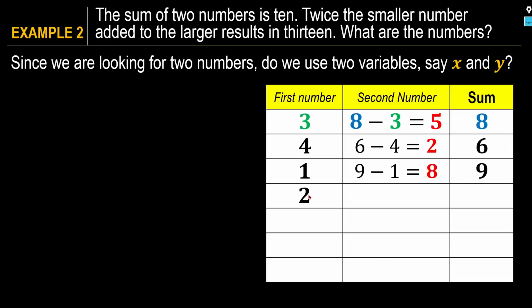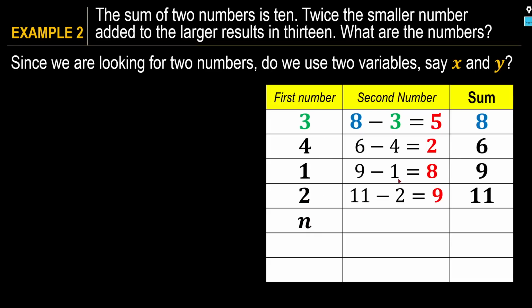Si 2, first number. Sum ay 11, di ko alam yung second. I go 11 minus 2 to get my second number, 9. Well, that makes sense. It's very, very easy. But what if we now, instead of having first numbers that are integers or real numbers in general, what if,